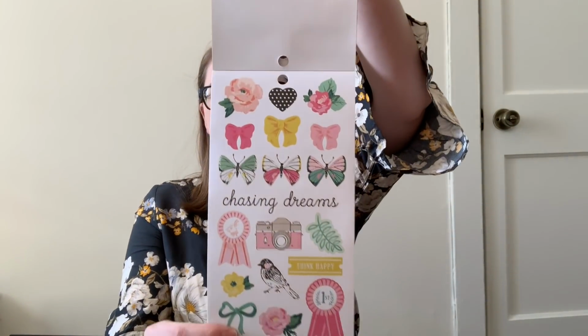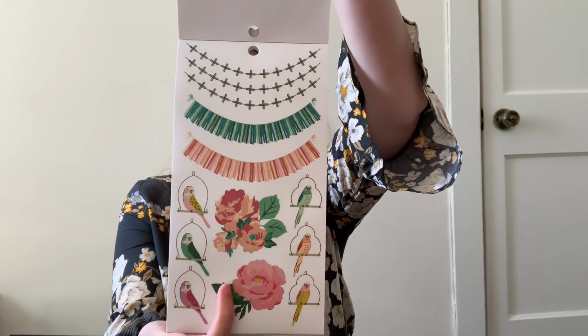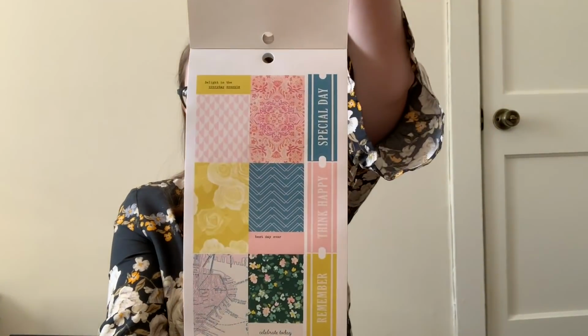And I definitely like the stickers in here a little bit better than the stickers in the, which one do I have? Jen Hadfield. She has a lot of clear stickers, and her book is all the same colors. It's not to say this one's not all the same colors, it's that it seems like these are more common colors than Jen Hadfield's colors. And I have some of Jen Hadfield's products, so I definitely have stuff that can go with her sticker book. It's just a little bit harder to use those with the general population of scrapbooking product,